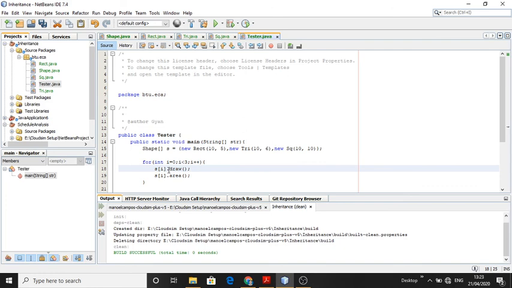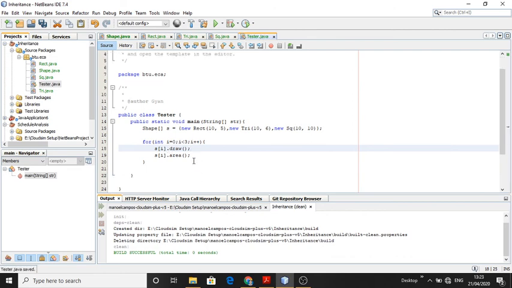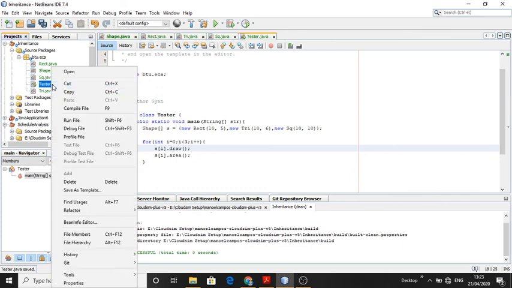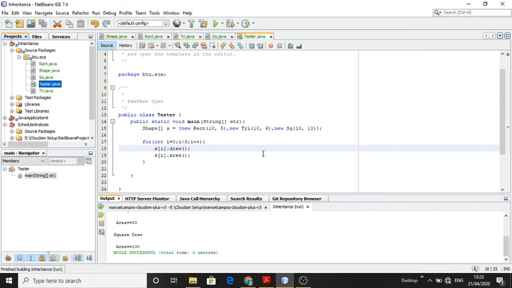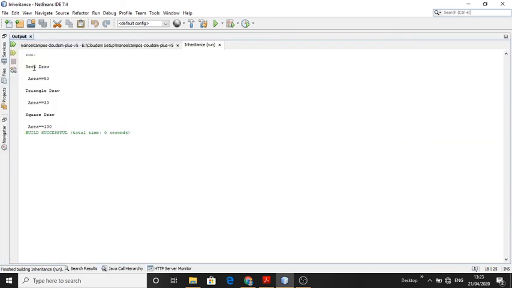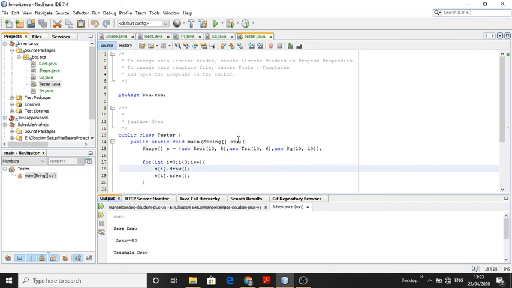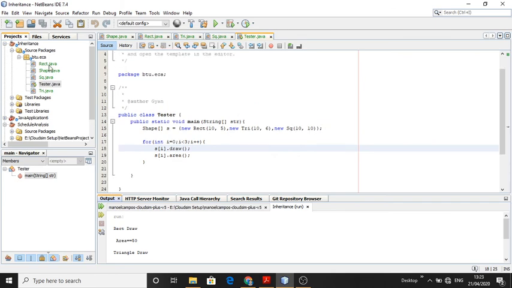Which child class's method will be called is decided dynamically at runtime. Now we execute the class, run. Here we can see the rectangle, then triangle and then square. So this is an example which demonstrates abstract classes, inheritance, and runtime polymorphism.